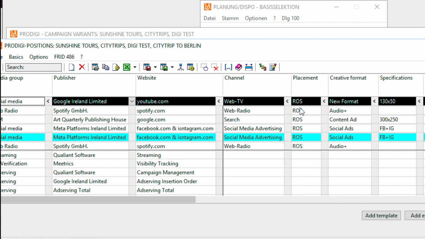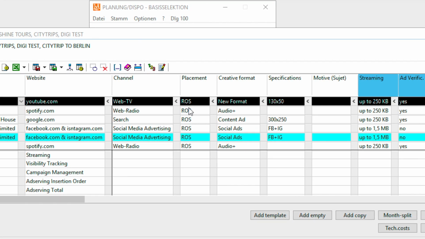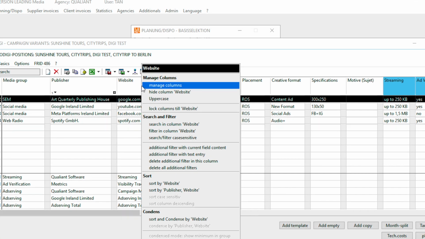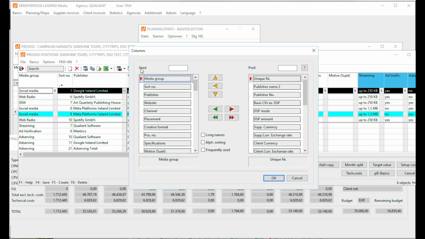Manage columns. You want to determine which columns are displayed where. The Manage Columns function allows you to tailor the display of your data. Click on the Manage Columns icon in the menu or select this option by right-clicking on the header of a column. A window opens. On the left you will see the columns already selected, while on the right all available